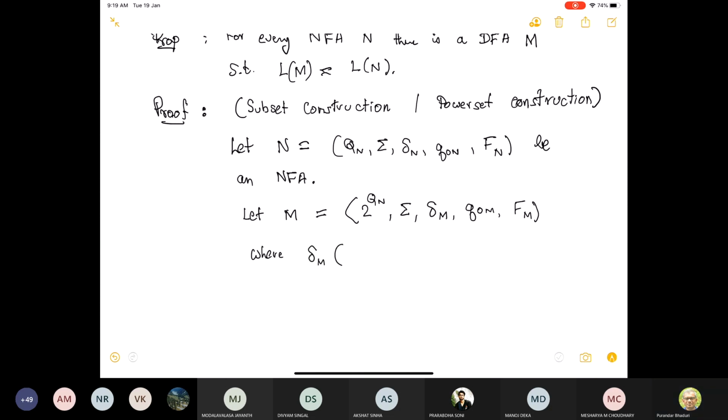Okay, you have a set of states P. A state here is a set of states of the original non-deterministic automaton. This is simply the union of